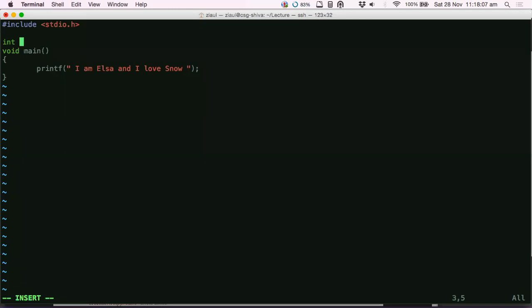For example, int is a keyword. Later, when we do more programming, you will see something called if, then something called else. These are all keywords. These are all the elements of the language which help you write programs and write logic. Without keywords, there's no existence of a programming language.